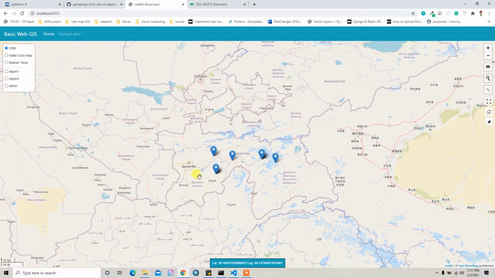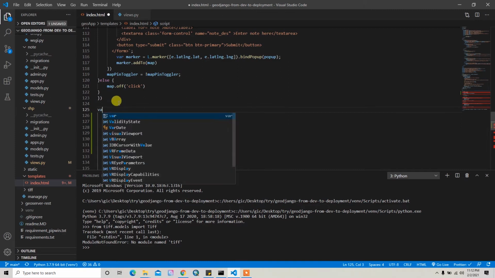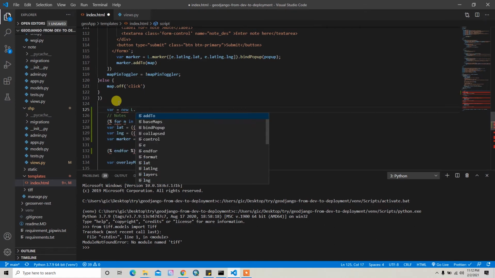So I want to customize it a little bit. If I want to add the nodes button here in the checkbox, and also add the pop-up field as node heading and node, then what I can do is write another variable called feature group, L dot feature group.